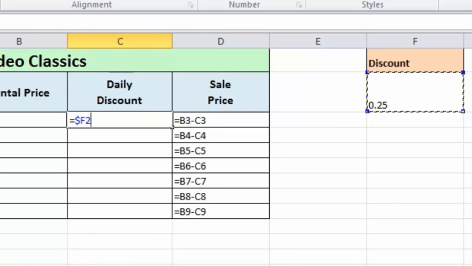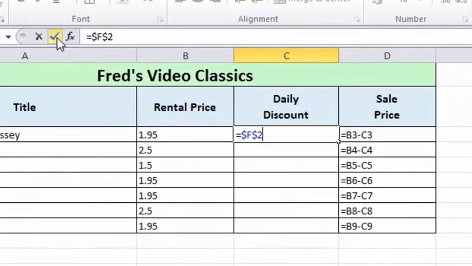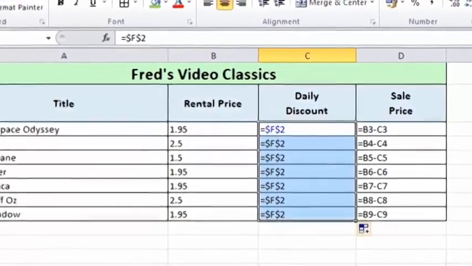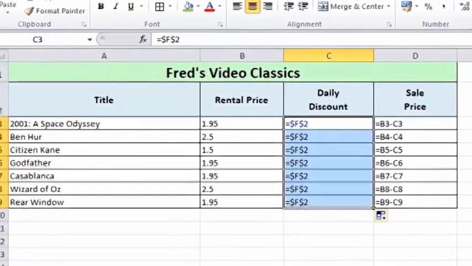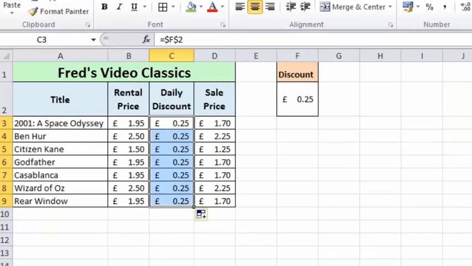But let's just carry on and press the F4 key one more time, and there we see finally it goes back to its non-absolute form, just a standard cell reference. And I'll press F4 one more time, and there we have the full absolute reference. So let's just accept that formula one more time then. I'll click on the tick on the left hand side of the formula bar there, and this time I'll double click and that automatically runs the formula all the way down there. And finally, if I just return the worksheet to its normal view, so we see the results rather than the formulas, again just that keyboard shortcut Control and grave accent,